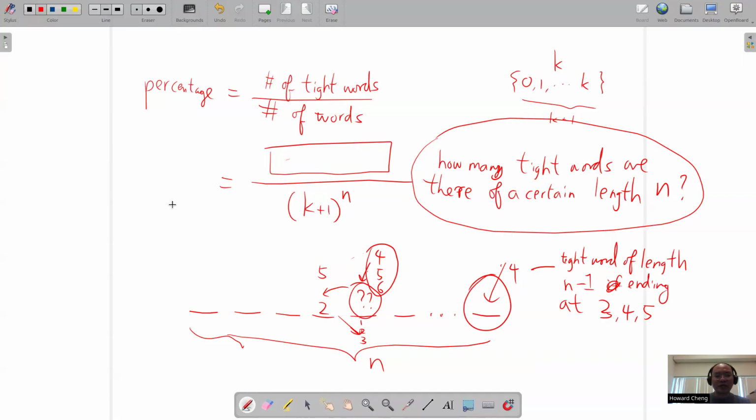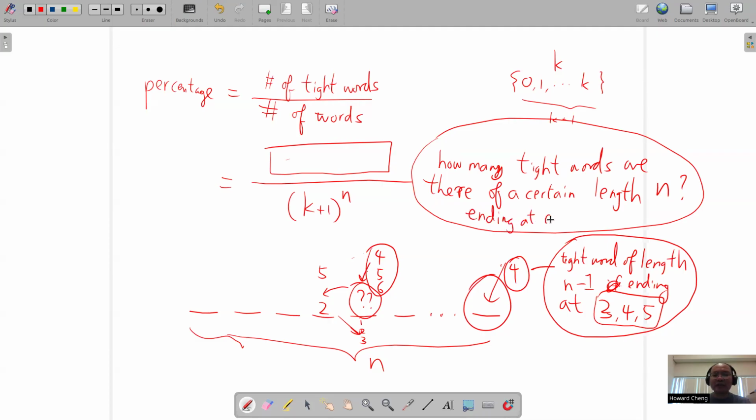So what do I want to say? If I can recursively ask how many tight words there are of length n minus 1, so that's the recursive part from n to n minus 1, but somehow we need this extra parameter, 3, 4, and 5, what it ends at. But wait, I'm calculating this, the length n ending at 4. So even though originally we are not asked how many tight words are there of a certain length with a certain ending, we might actually want to change the question